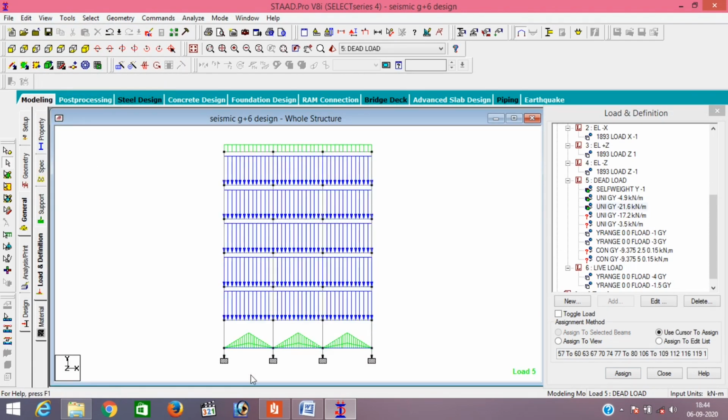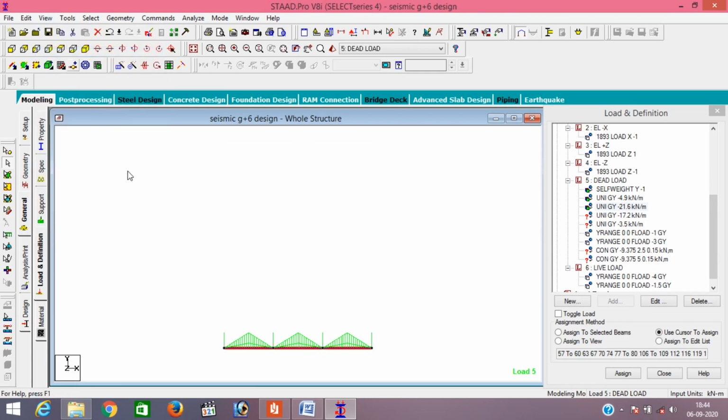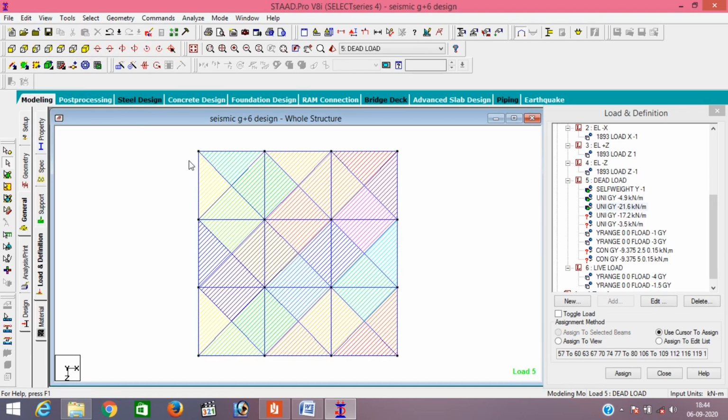Same, view whole structure, and now the ground floor plan. For the ground floor plan, just select the ground floor, view selected object only, and this is the plan.